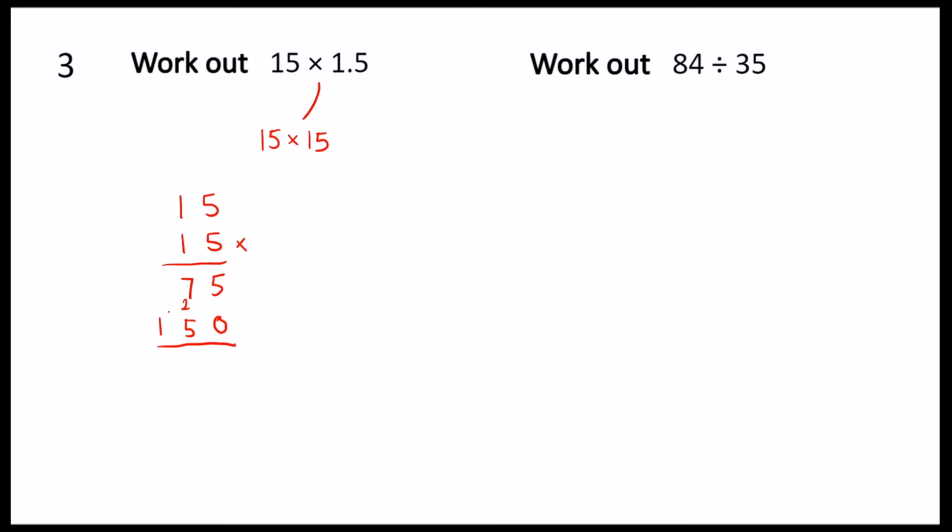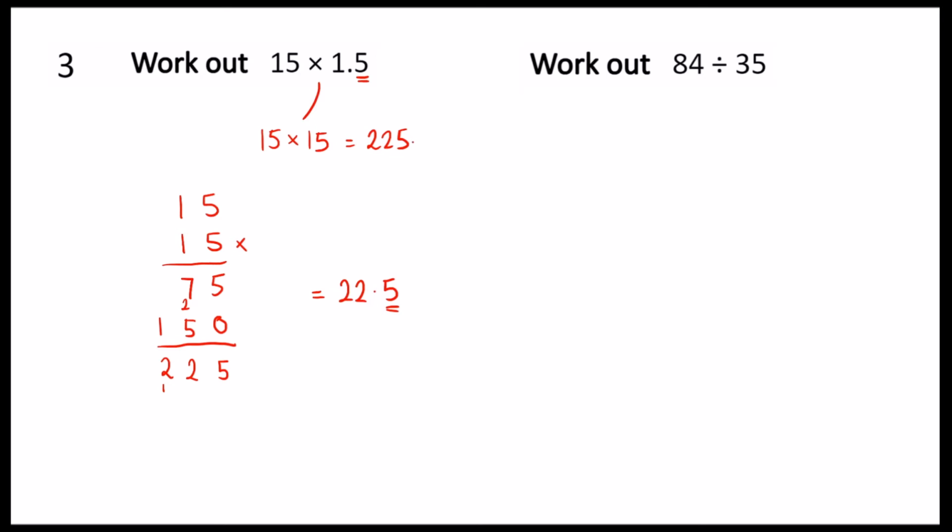Now adding these two answers together, I get 5 and nothing is 5, 7 and 5 is 12, 1 and the 1 that's just been carried over gives me 2, so this is 225. Now I'm nearly done, but obviously at the beginning I ignored the decimal place that was in my question, so because there was 1 decimal place in my question, I need to make sure that I put 1 decimal place in my answer. That means the answer is